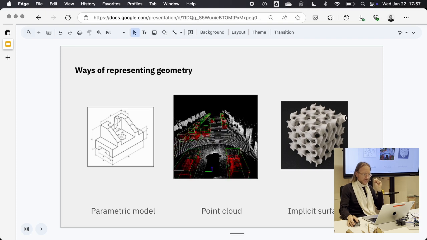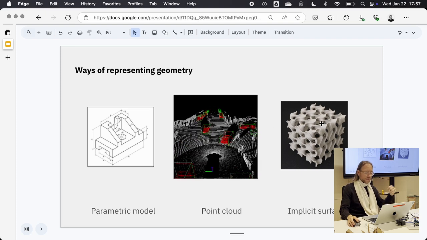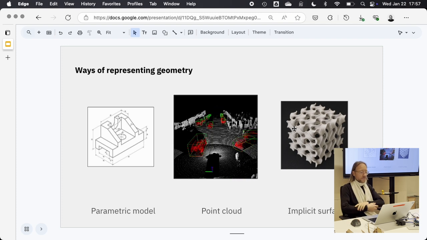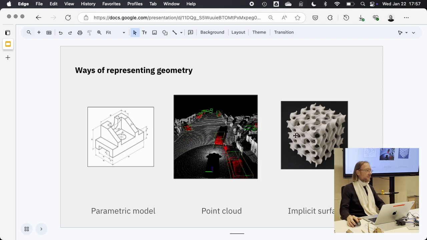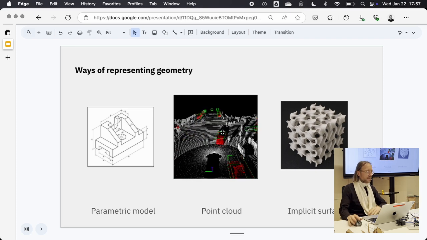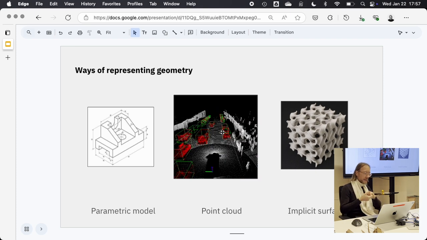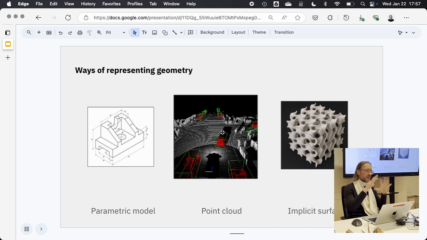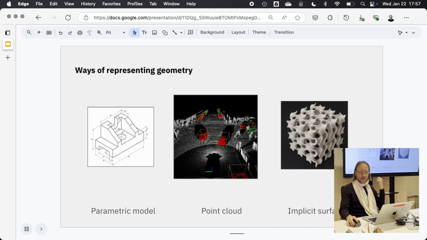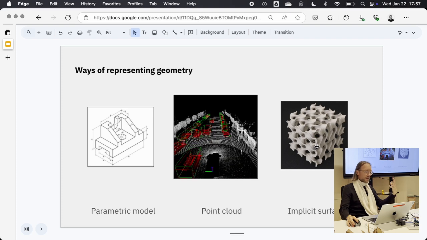And more recently, point clouds and implicit surfaces. I think these are also very interesting areas, but might not be totally relevant for our purposes. Point clouds are used for generating scan data, which can then be triangulated to create surfaces. And implicit surfaces are mathematical functions